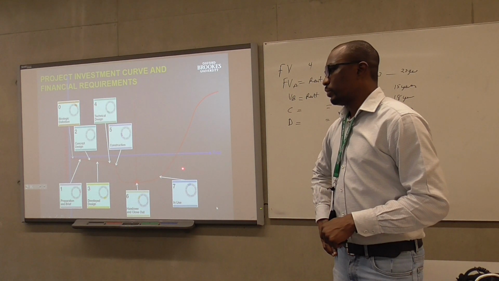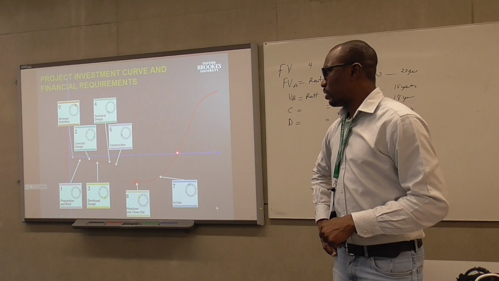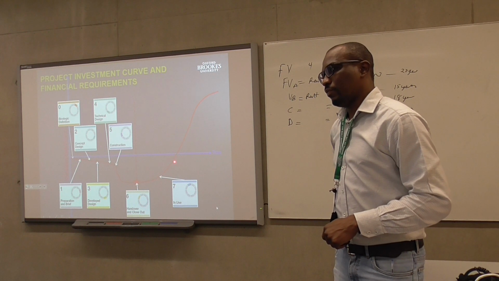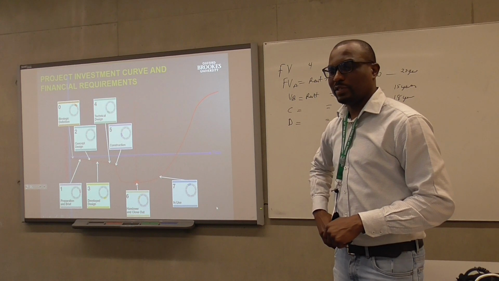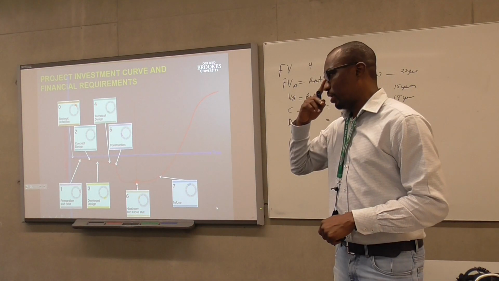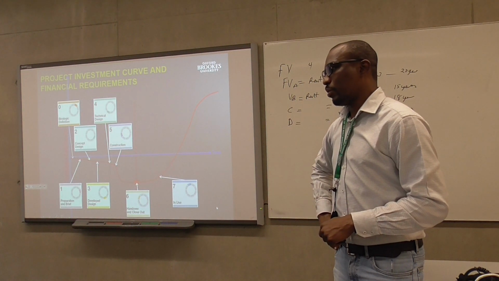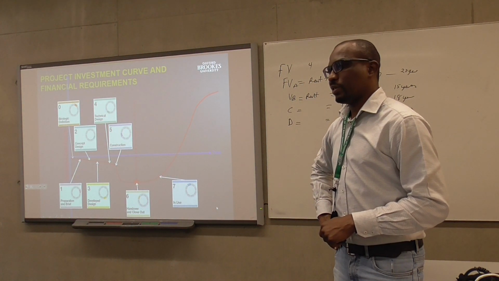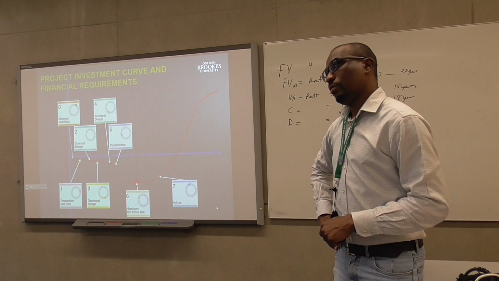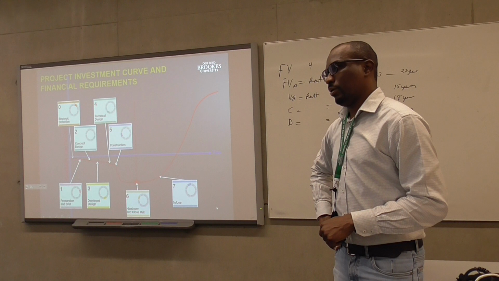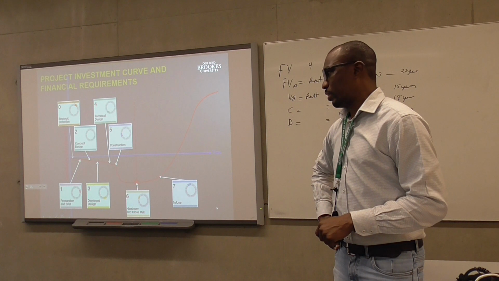in real terms. So it's quite important here because sometimes if you do not consider your cash flow, what's called a cash flow diagram, in terms of your income and expenditure, you may assume a project is profitable. You may assume, okay, I build my property for 10 million, and when I'm done, my total rent may be 20 million or 30 million. You've not really considered the time value of money.